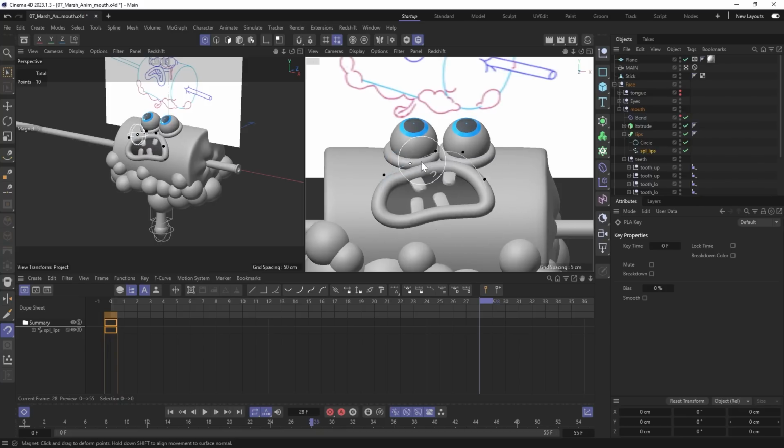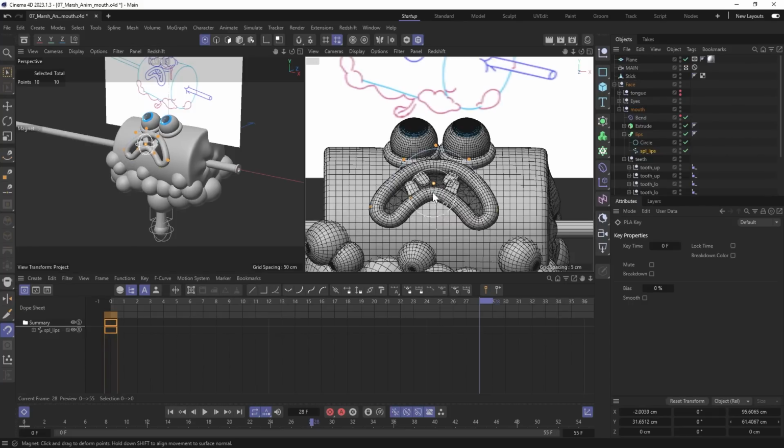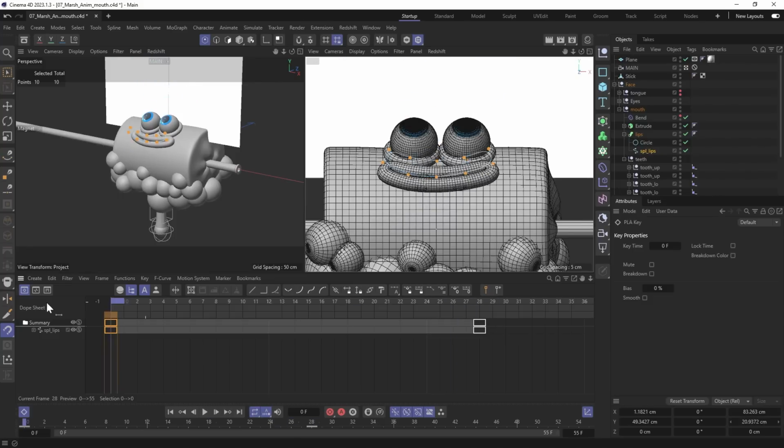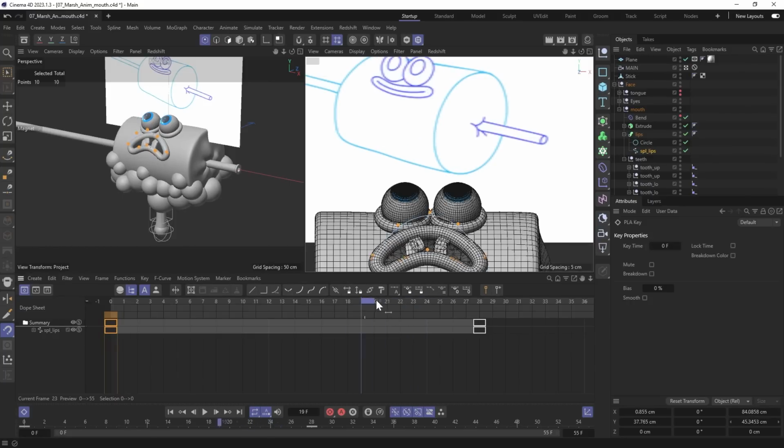Then use modeling or sculpting tools to mimic the shape from the reference. When it's done, set a keyframe at frame 28. And we got linear interpolation between two keyframes. Next, I'm gonna find the last frame where the mouth is closed and then duplicate the 0 frame and move it here.